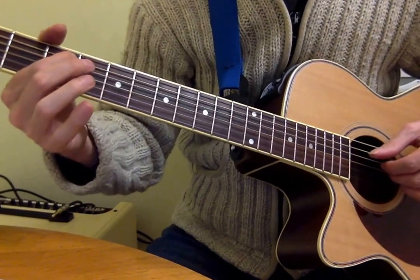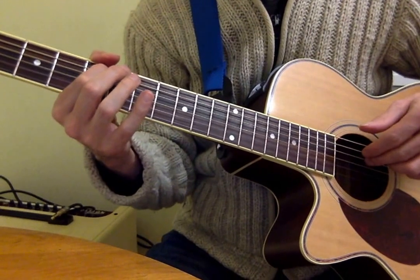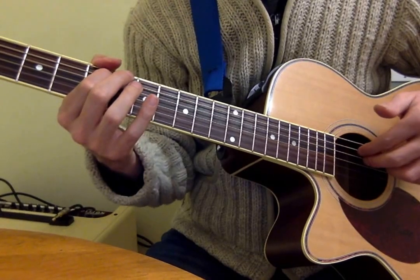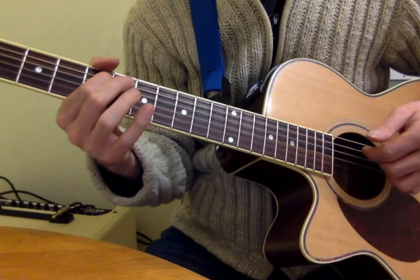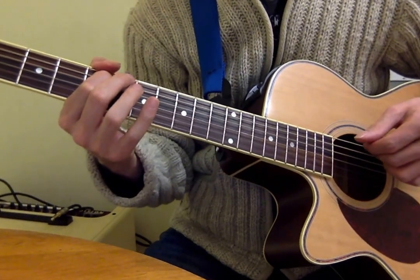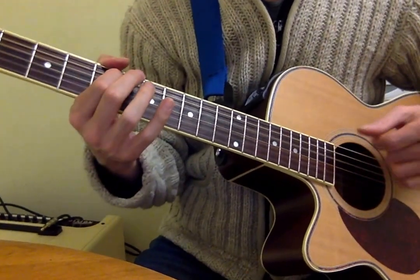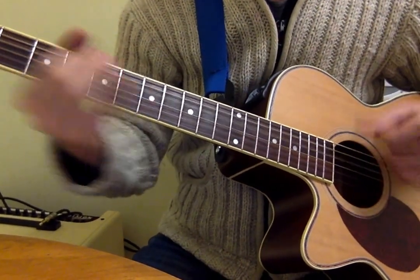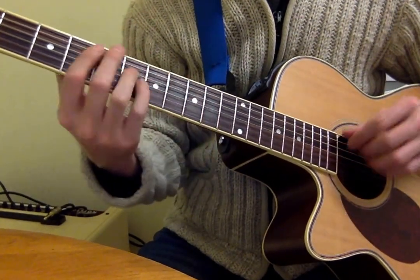And then you're going to move this finger up to the 5th fret of the A string, and what I'm doing is I'm up-plucking. And what I'm trying to get is the 2 strings, the open D string and that 5th fret of the A string. So they'll be playing the same note, D and D, and you're just going for that because it gives it a thicker sound, like Keith Richards gets with his open tuning. So all in all, that bit is... Okay, so that whole thing again, you got